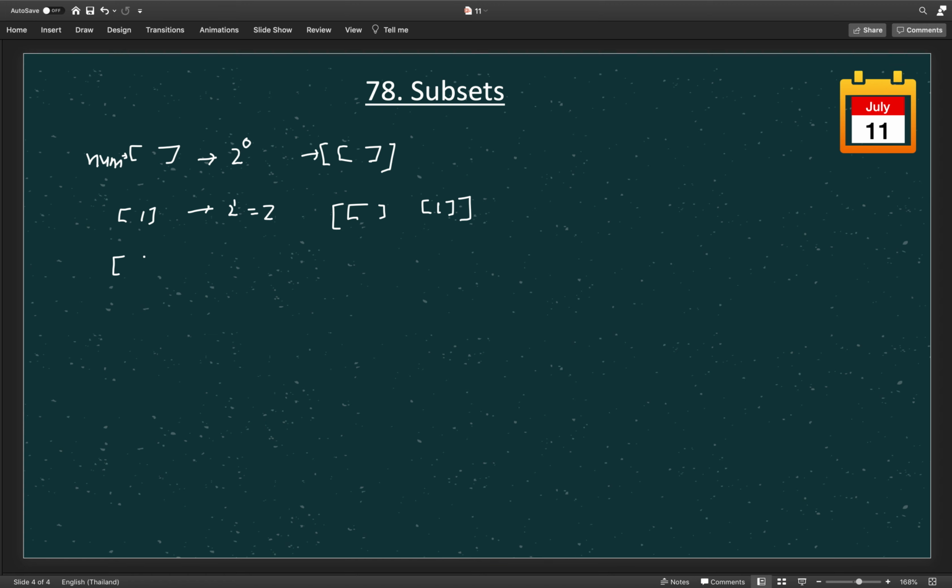Let's say nums has 2 elements, 1 and 2. Then how many total possible subsets can we form? 2 to the power 2, which is 4. So how will we start forming these 4? Using the previous steps, as when nums doesn't have anything, we will have the empty subset. So we start with this subset, then the element 1 can be added. We keep this empty subset, plus add the 1 into the empty subset, which becomes this one. So this is our step 1.